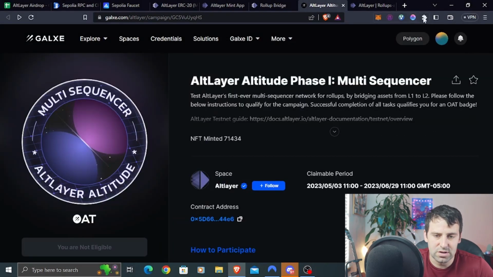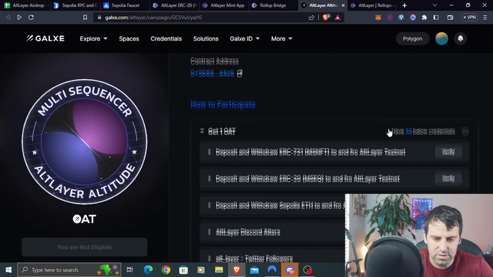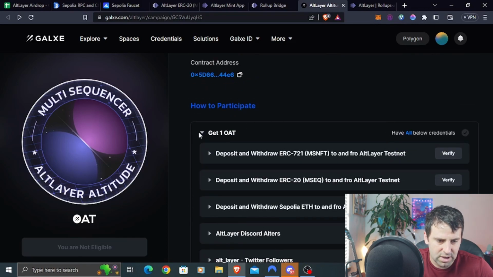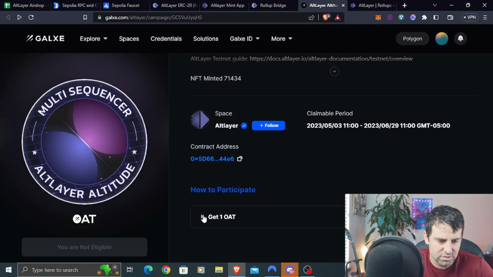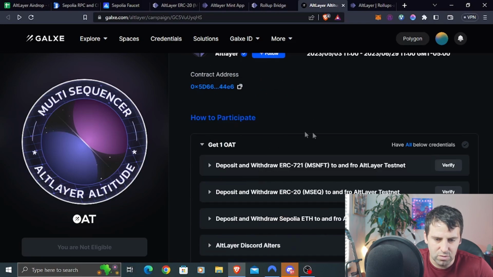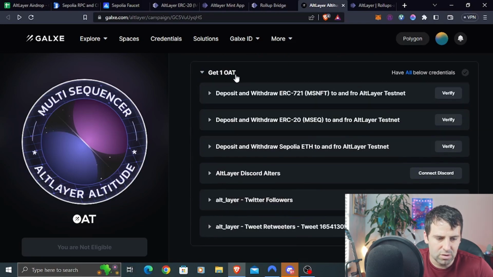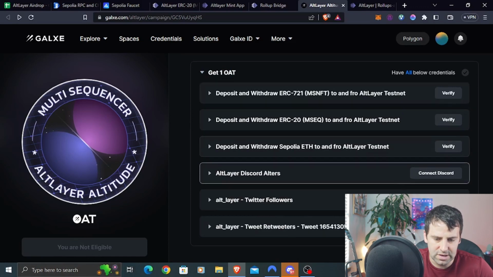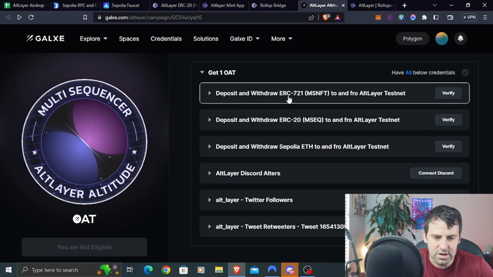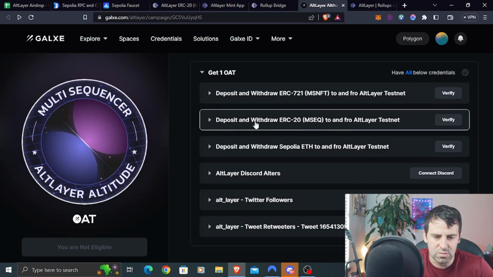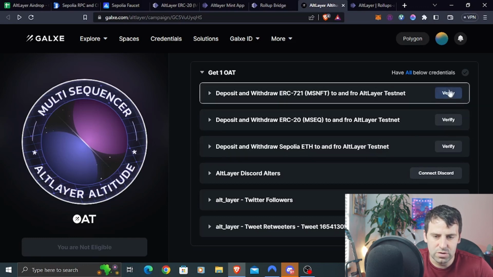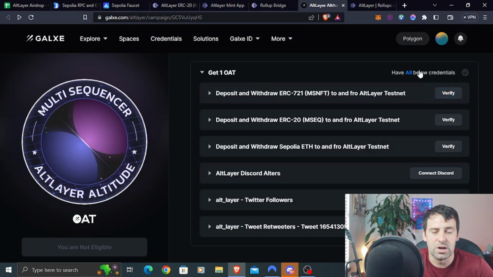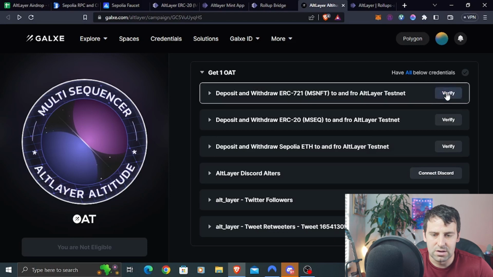All right, and once we're here and the wallet is connected and on the right network, we're gonna scroll down, and over here you see this drop down that says get one OAT. So in order for you to get the OAT, and actually you'll be able to mint it right over here, you need to finish all these tasks. So we've already done all these tasks with our deposit and withdrawals. So all you have to do is just wait for the curator to verify your transactions and manually give you